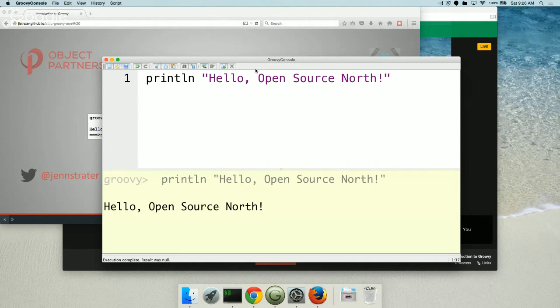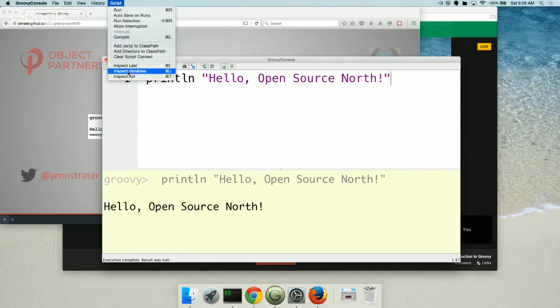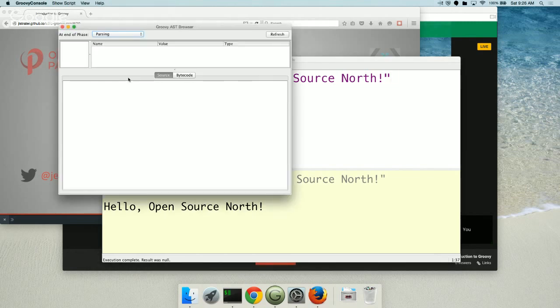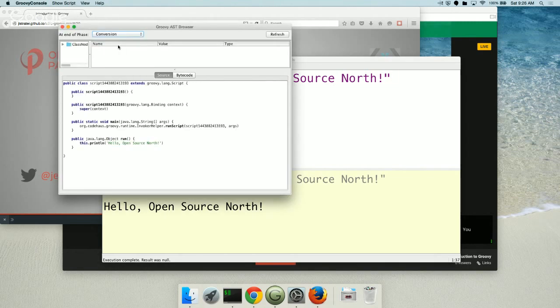Okay, so I went and ran that. One of the things we notice here is that it's just a basic print line. We don't need a main. You don't have to have any of the other stuff. It's going to build that out for us. And if we inspect, it does some cool things with the compiler. We'll show that it's creating some of these main methods behind the scenes.